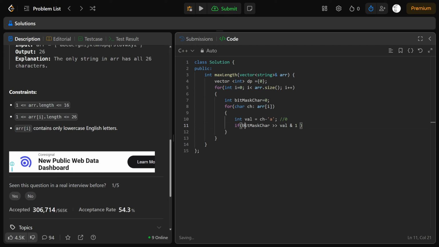So if I take the bit mask where I'm storing all that, and if I right shift by this value and take the AND and say that if it is equal to 1, what might happen is that this is a duplicate thing. So what we have to do is continue. We do not have to do anything to this. We just have to say कि continue कर रहा हूँ. नहीं तो we have to set. We have to do a set operation.